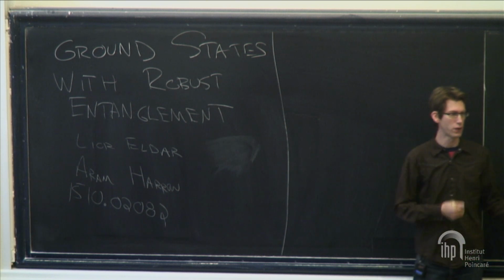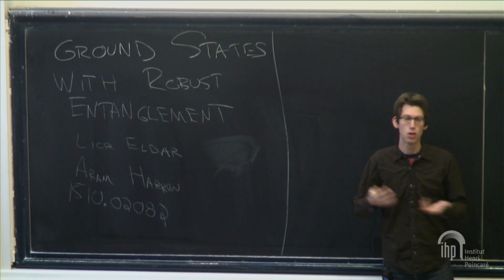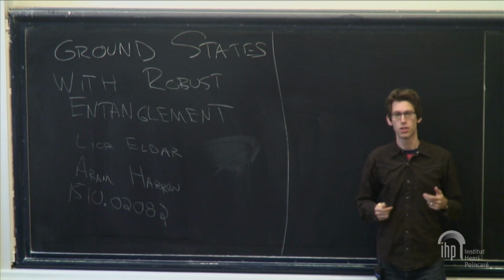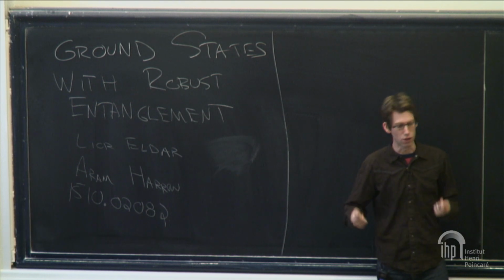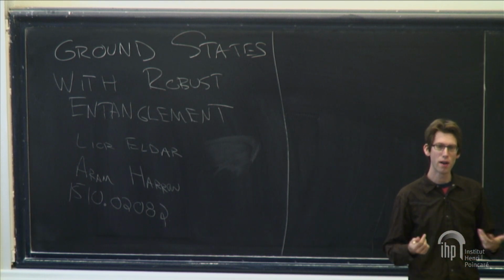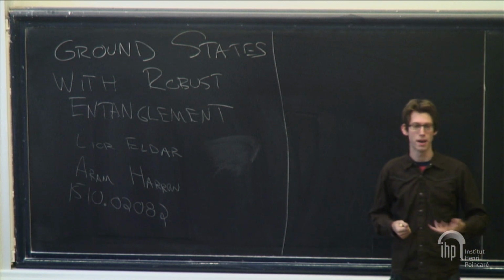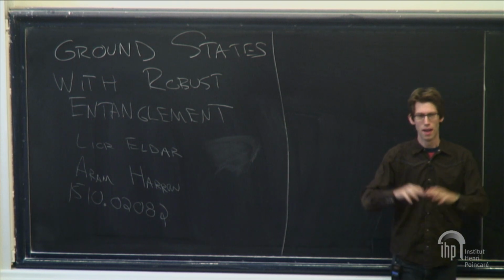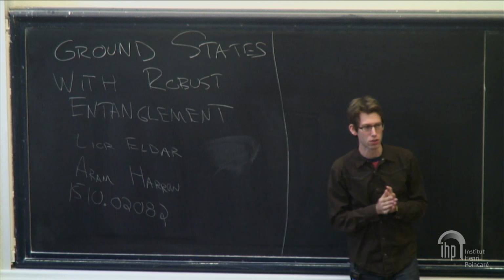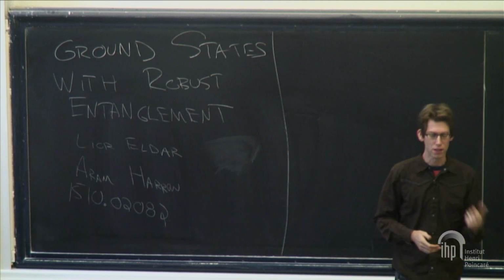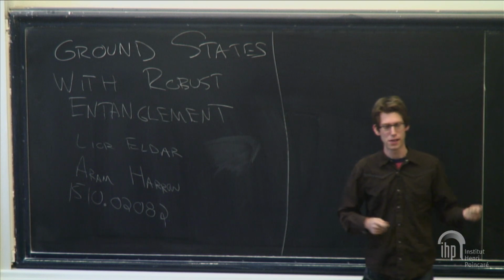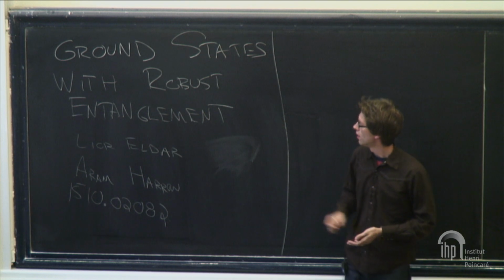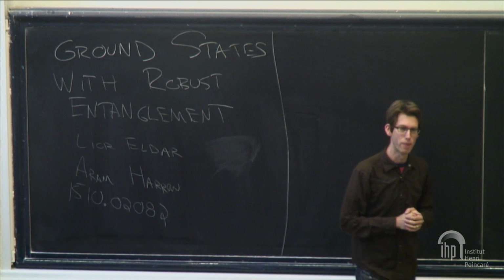If so, then a lot of the difficulties of analyzing quantum mechanics could go away if we want just an approximate picture of things. So I'm going to describe today a construction of a Hamiltonian with robust entanglement. And I'm also going to talk more broadly about the goal of robust quantum error correction, something called a locally testable quantum code. So I'm going to talk first actually about classical error correction and classical locally testable codes, the classical PCP theorem, and then that's as motivation for their quantum analogs, and then I'll talk about our construction of a Hamiltonian whose ground states have robust entanglement.